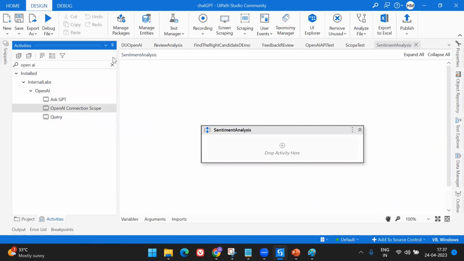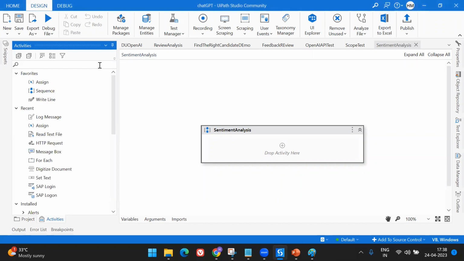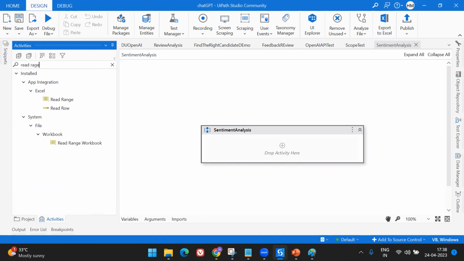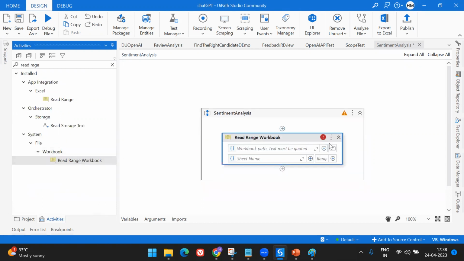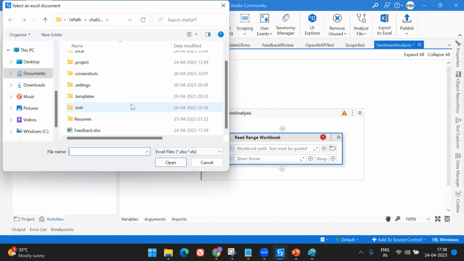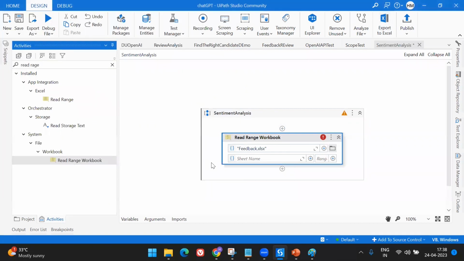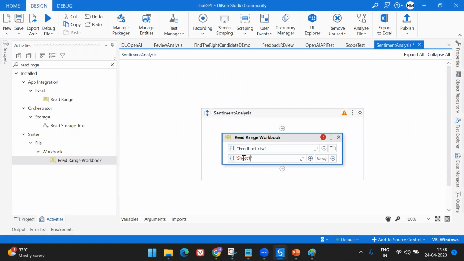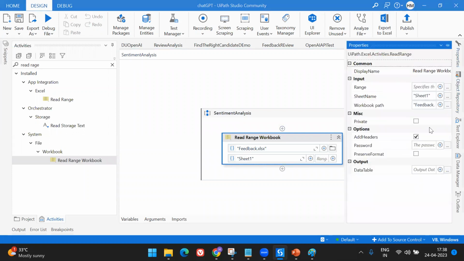Before heading into that part, let's understand the requirement step by step. So let's start with it. Firstly, I'm going to read that workbook. I'm going to pass in that feedback file where I have the input, and let's take this as